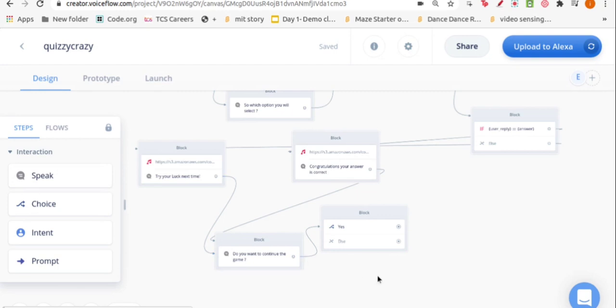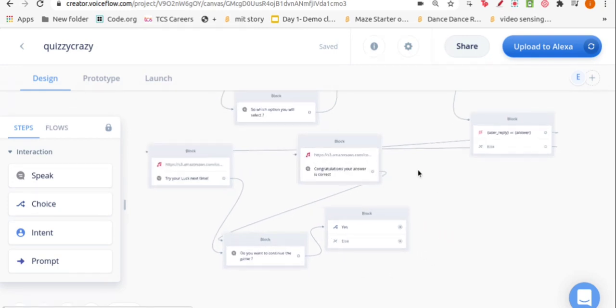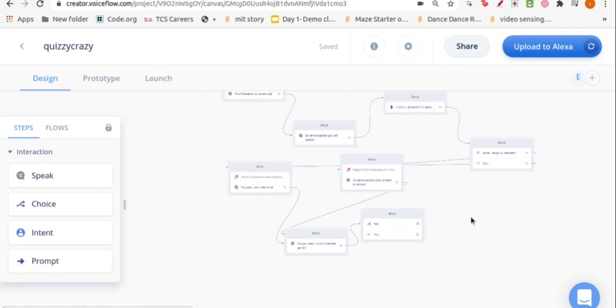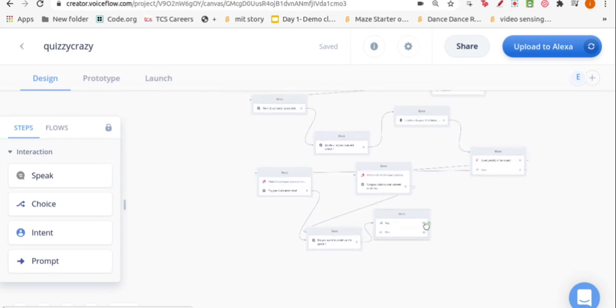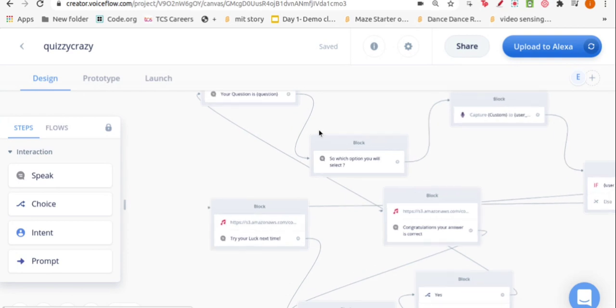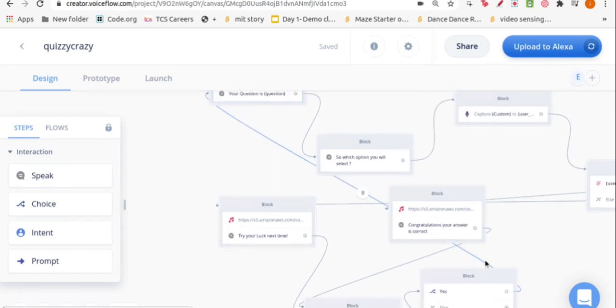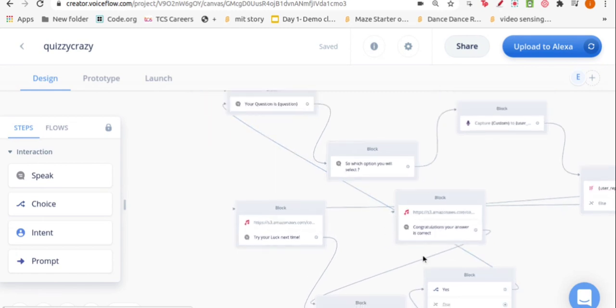Then if the user says yes, it should ask the question. So if you want it to ask the question, we have to connect it with the question block. We have to join it where we are asking the question. So this is the block where we are actually asking the question. Your question is the question block. So that's why I have connected this there, so that if the user answers yes, then it can ask